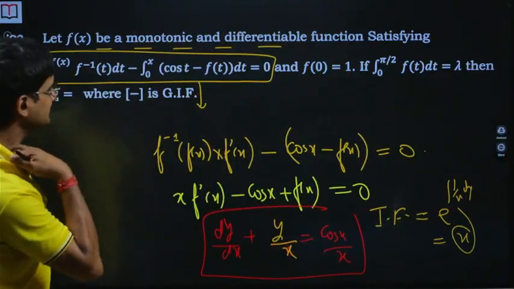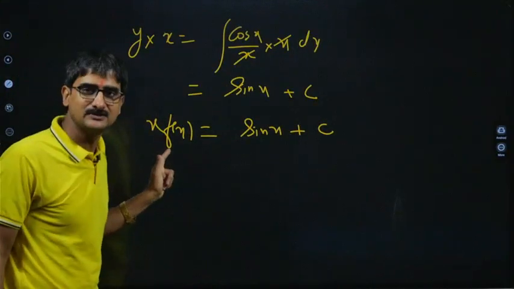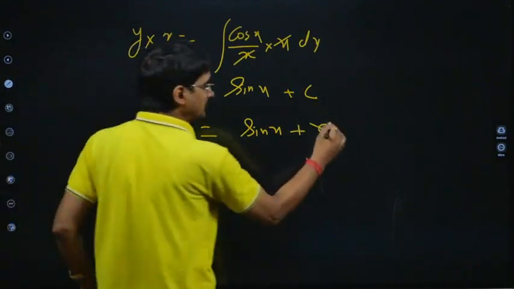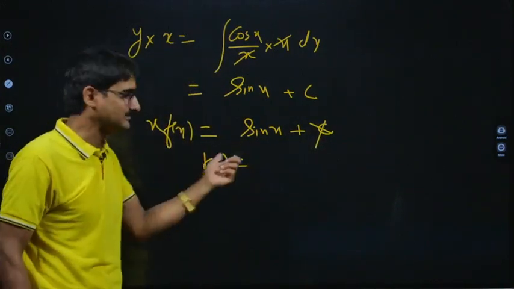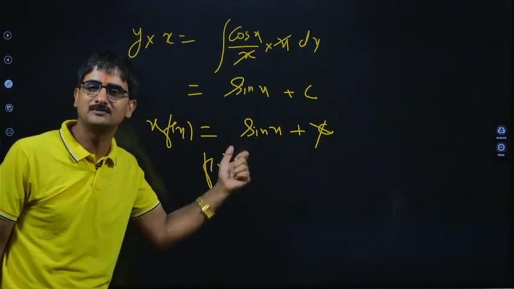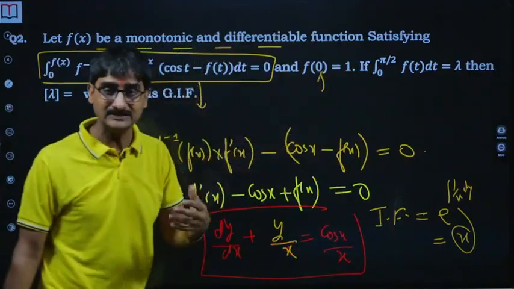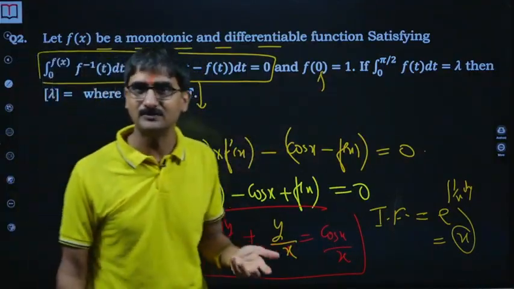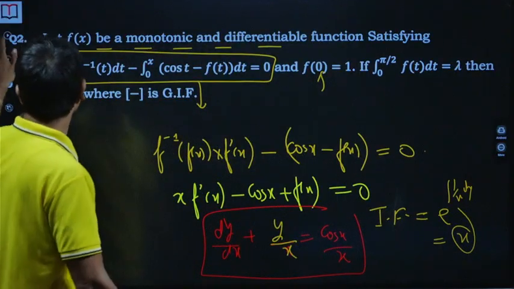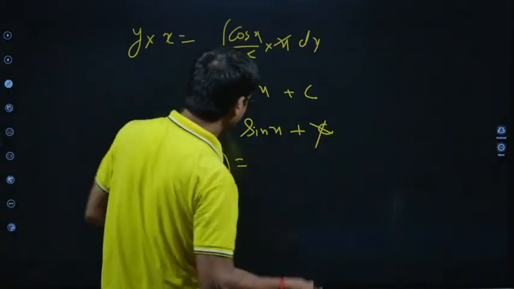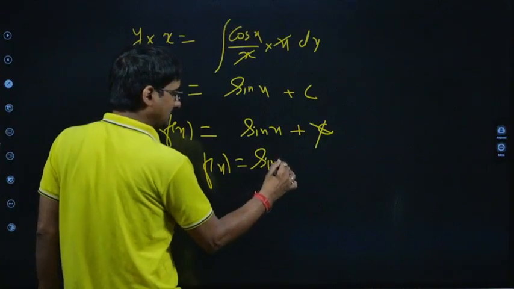Now are we given something? We are given f of 0 is 1. So you replace x by 0. So this is 0, this is 0. So c is gone. So now fx is, because see, that's why I didn't first, you would have observed I was taking it to the denominator, but I remember that they have given the value for 0. So if I take x equal to 0 in the denominator, we can't say that by replacing x by 0, isn't that? No, we can try to find the limiting value. That's a different thing. Anyways, so fx is nothing but sin x by x.